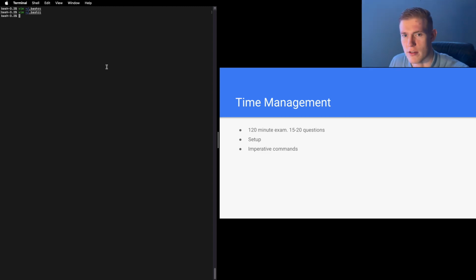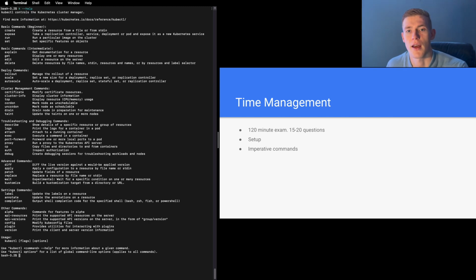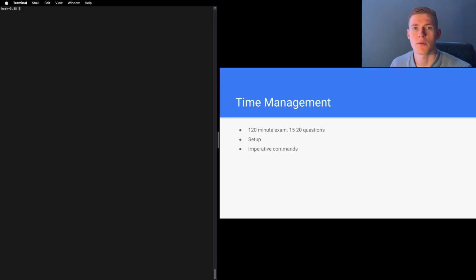So first of all, let's source our bash RC. There we go. And if we run k-help, we'll see that we now have all of the Kubernetes commands that we can run. As I was saying, it is important to run pods imperatively, and we can do that using krun. And we can specify the name of the pod, test pod, the image, nginx, and if we want to run it as a dry run, we can just pass our